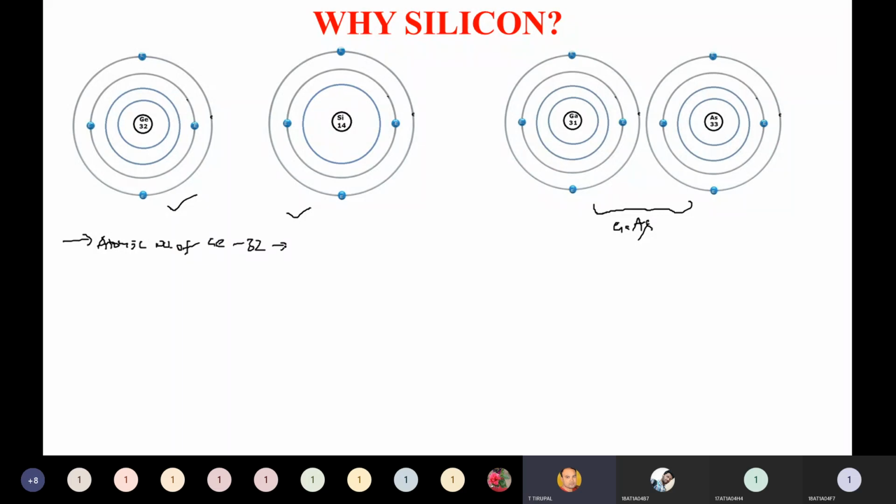How do you write the electron configuration for 32? How many electrons are present in the first orbit? Suppose this is the first orbit. 2 electrons. How many are in the second orbit? 8 electrons. How many are in the third orbit? 18 electrons. What is the formula to find how many electrons are present in each orbit? It is equal to 2n square. 18 electrons. How many will be in the fourth orbit? It is only 4, because 18 plus 8 plus 2 is 28, and 28 plus 4 is 32. So the atomic number of germanium is 32, and therefore you have 4 electrons in the outermost orbit.